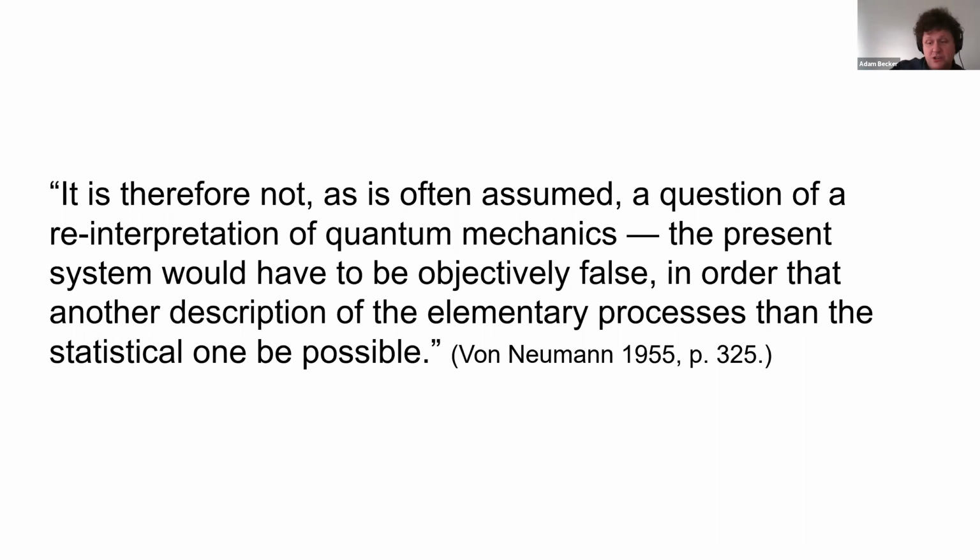It had already been shown to be incorrect by Greta Hermann just a couple of years after von Neumann's textbook first came out. But Greta Hermann's work on this was not widely known at the time. Part of that, I think, is that her training was not as a physicist, but as a mathematician. And so she was not part of the community of physicists at the time. I'm not certain about that, but I believe that's correct.